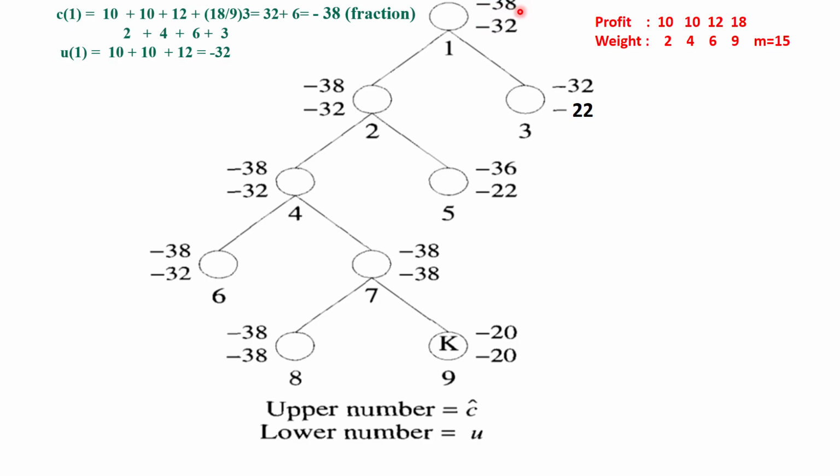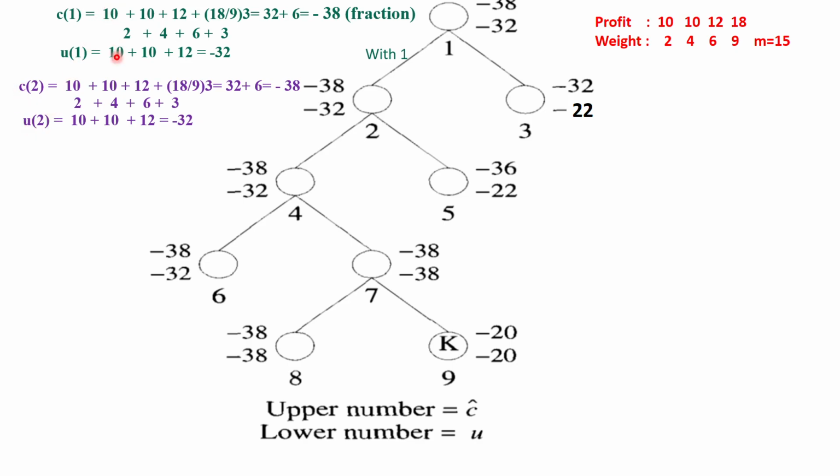Now we'll start including the item. This is just the possibilities you are checking. So in the branch and bound, root node is what? You have to check the maximum possibilities. What are the possibilities there? After that I'll start including the items. First item with 1 here. So with 1 you have to calculate the upper number and the lower number, C and U.